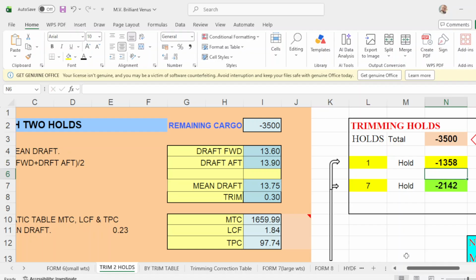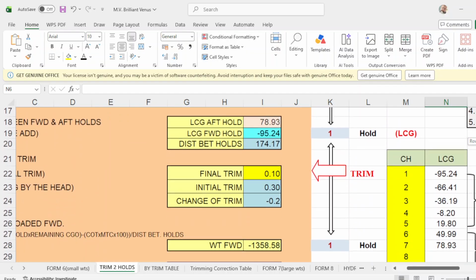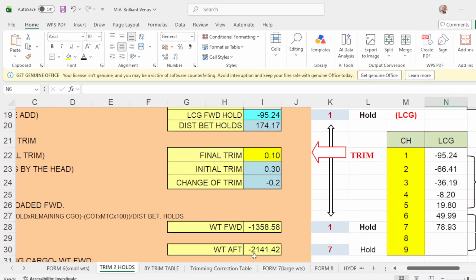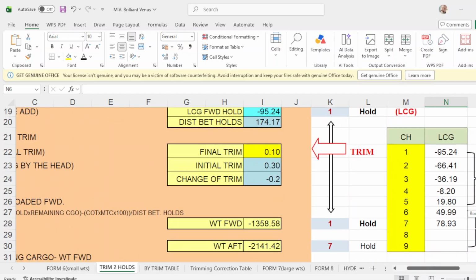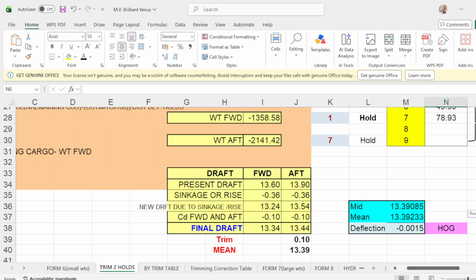Then number 7 will be 2,142. And you have now a trim of 10 centimeters. Forward is 13.34, aft is 13.44, trim is 10 centimeters and your mean is 13.39.